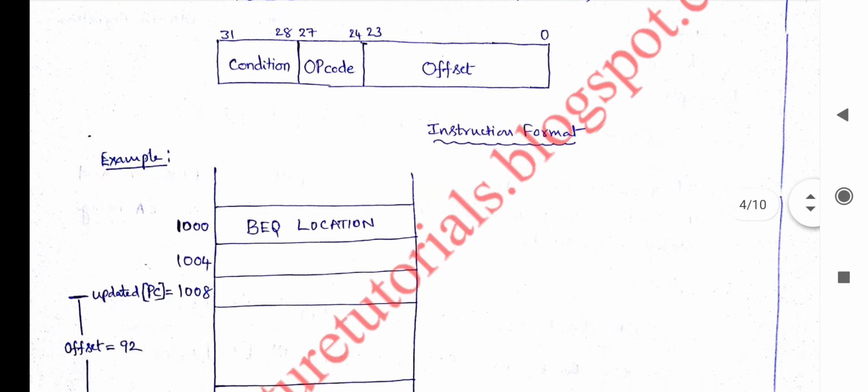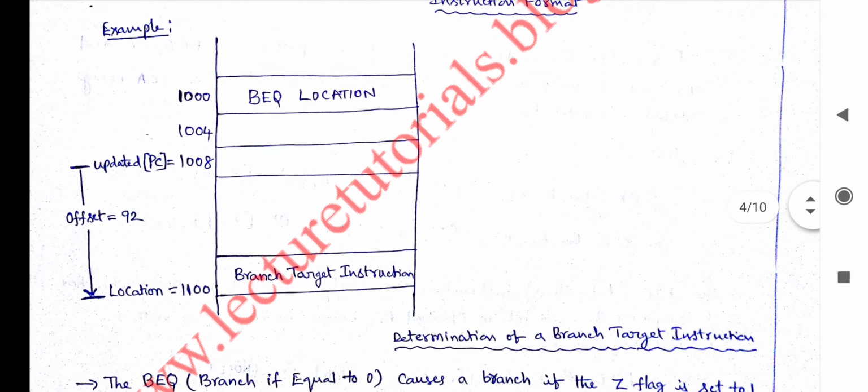See one example of the instruction format: determination of a branch target address. See, BEQ at location 1000, 1004, 1008 and so on, up to 1100, right? Updated PC is equal to 1008, offset value is equal to 92, location is equal to 1100, right?